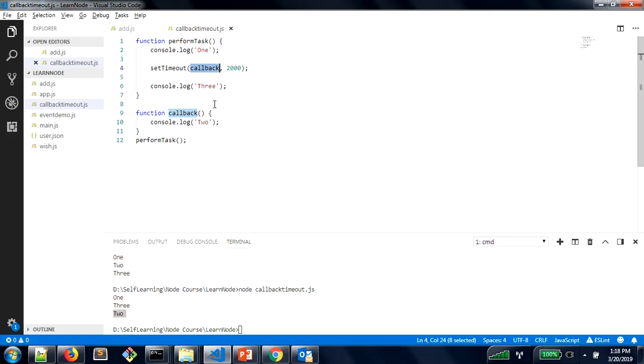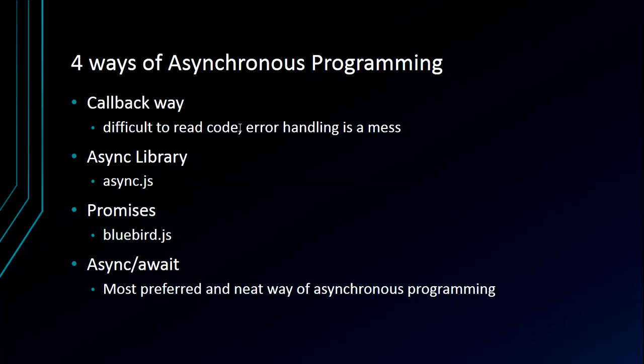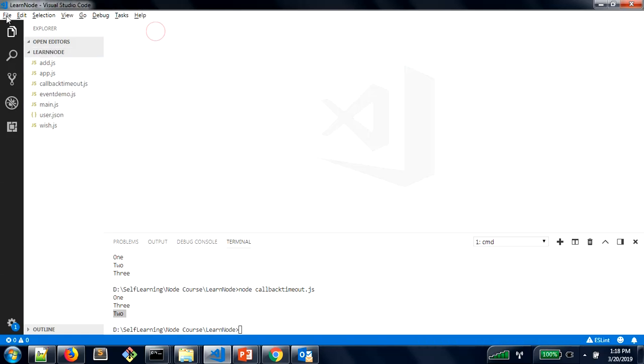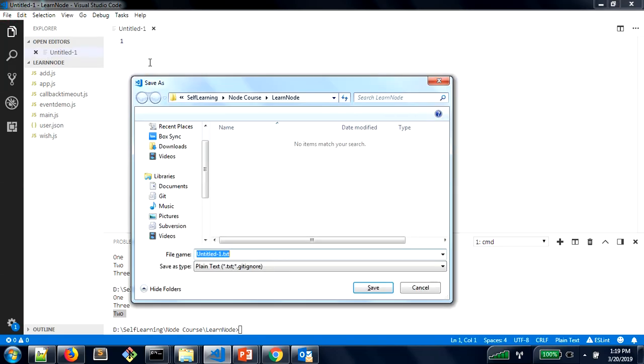So there is another option to it, that is the async library. The async library is a library which you can use to attain a similar behavior, right? So let's have a look at how the async library works. Let's create a new file, right? Where again, I'm going to show you how adding two numbers can be done in all four methods of asynchronous programming, right? So let's call it async add